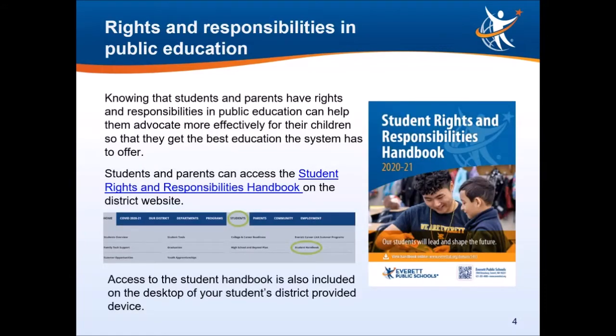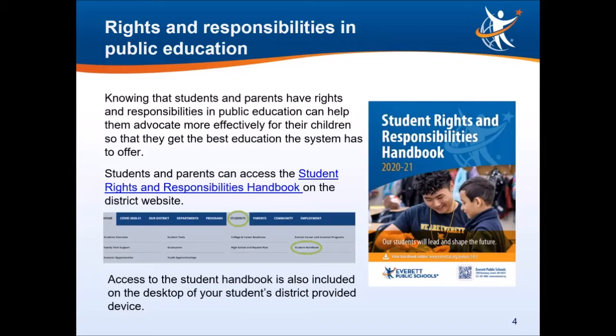Each year in the Everett Public Schools, we update and publish our Student Rights and Responsibilities Handbook, which is a collection of the district's policies and procedures most frequently referenced by students and families. Although not an exhaustive collection of all the district's policies and procedures, the handbook can be accessed from the district website at www.everettsd.org under the Students heading.